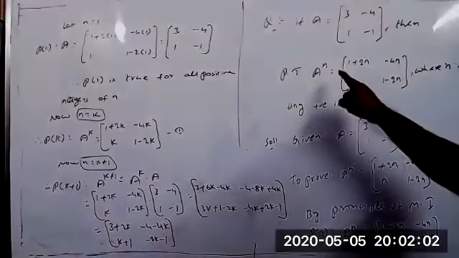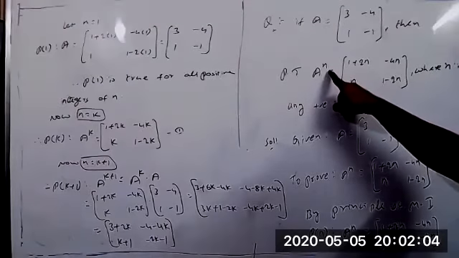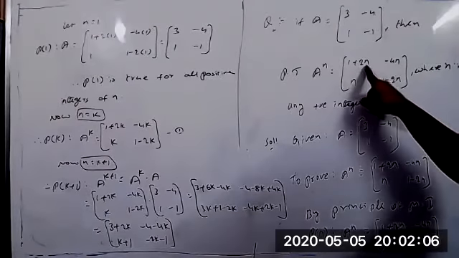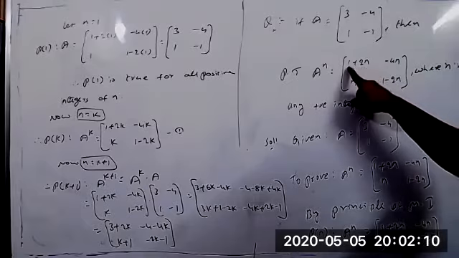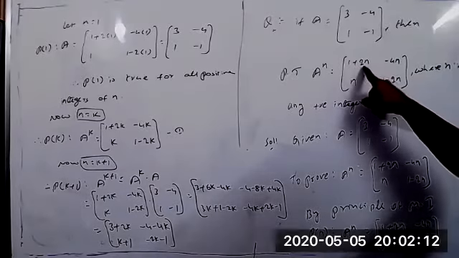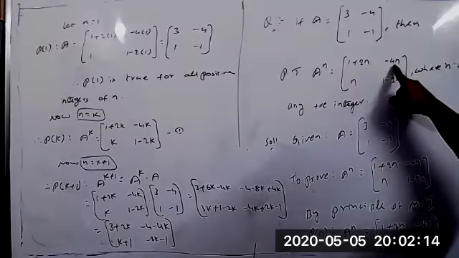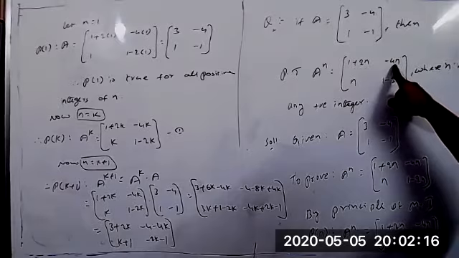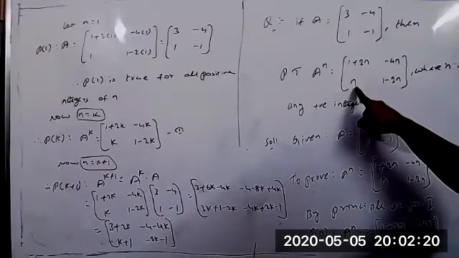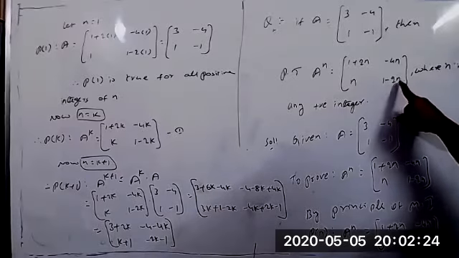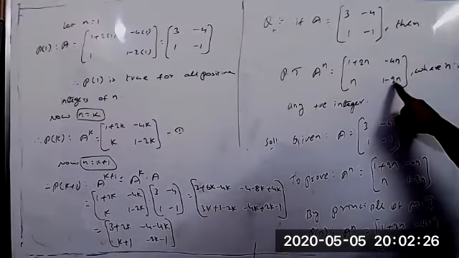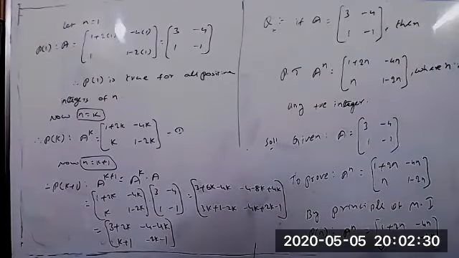So whenever we take n equal to k plus 1, what is the value we got now? 1 plus 2 into (k plus 1) required, the same here also, -4 into (k plus 1). Here n equal to k plus 1, and this value now 1 minus 2 into (k plus 1) we have to get. Now verify the same condition for this matrix.